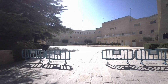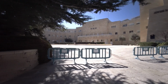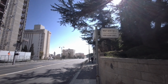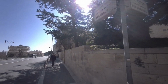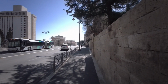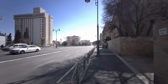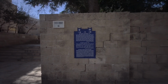Here is the Jewish Agency and the World Zionist Organization. And this is the Keren Kayemet LeYisrael, which is the Jewish National Fund Street, and King George Street. We are now facing south on King George Street, which becomes Keren HaYesod. And here we see another one of these very nice blue signs